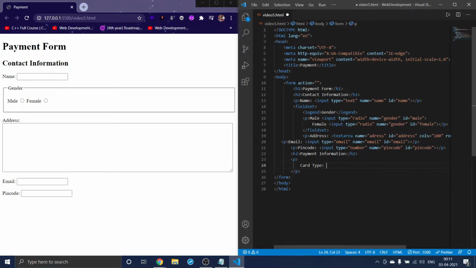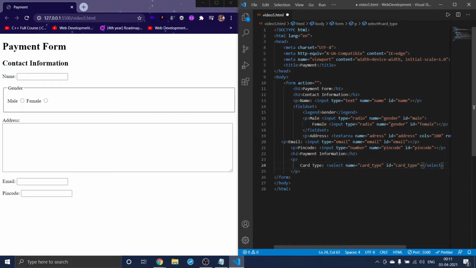What I want is a drop down in the card type to select which type of card the user is using or wants to use. So for that I will give a select tag, and in the select name I will give cardtype, and even the ID as cardtype.